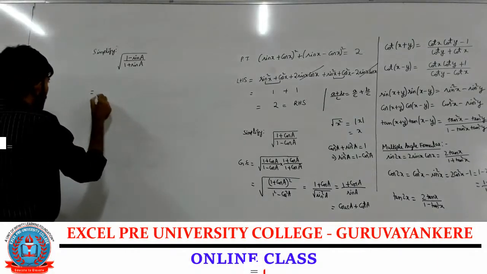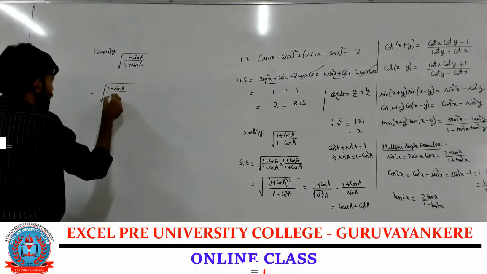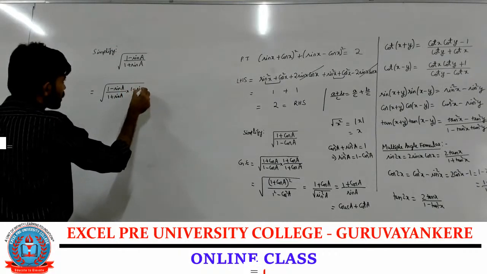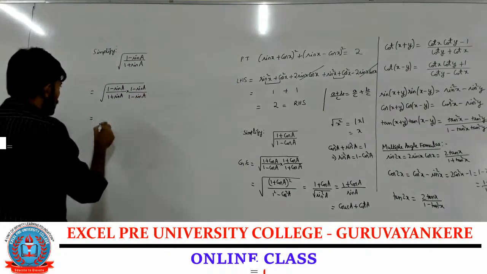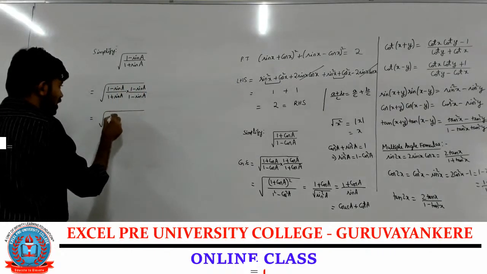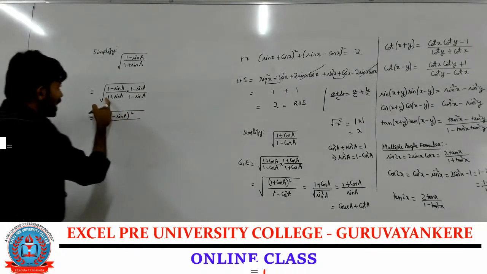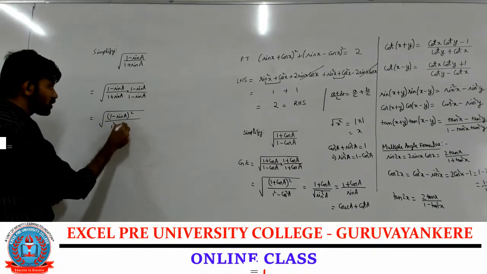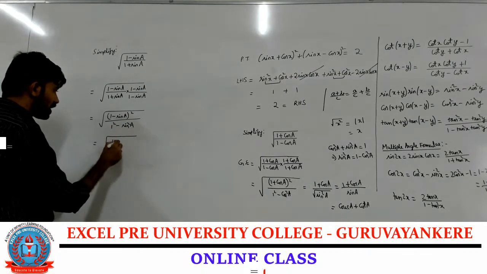This is equal to square root of 1 minus sin A by 1 plus sin A, which is there already, multiplied and divided by 1 minus sin A. What do you get? 1 minus sin A into 1 minus sin A is 1 minus sin A the whole square. Your denominator is A plus B into A minus B, which is A square minus B square. Correct? So what we get is square root of 1 minus sin A the whole square divided by 1 square